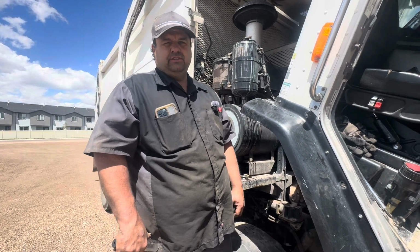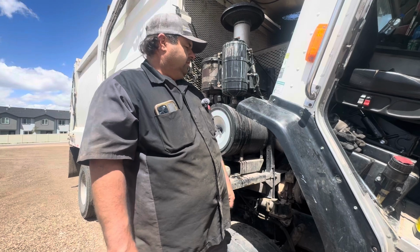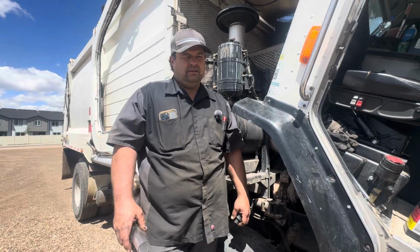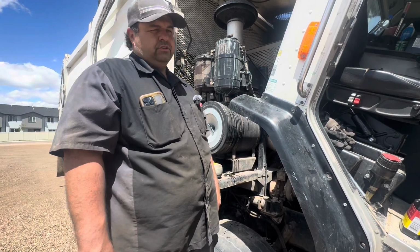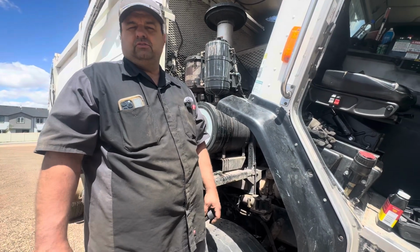Hopefully we do find that it's an EGR cooler. It's a lot easier deal than doing a head gasket. I do know the history of the truck though, and it did get pretty hot a couple weeks back. So we're a little concerned that maybe it got a head gasket. So yeah, unfortunate, but you can get this kit if you're looking for something probably at your local auto parts,